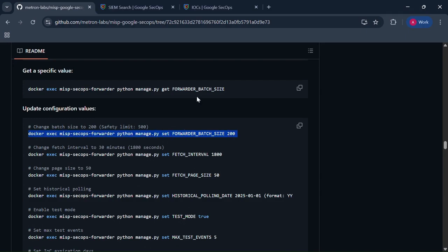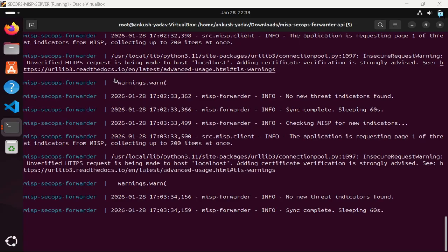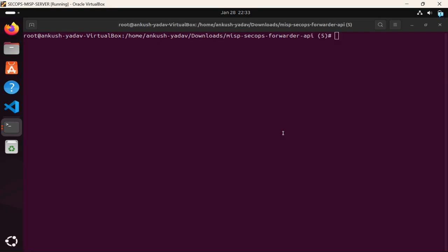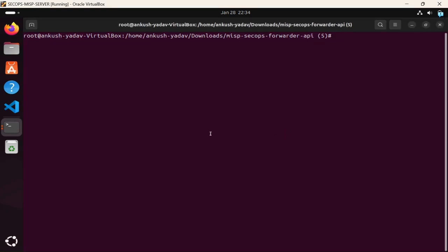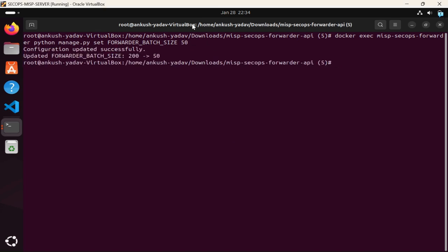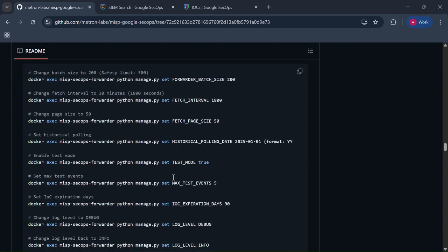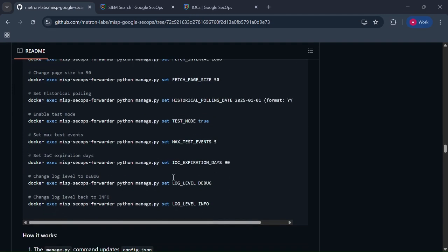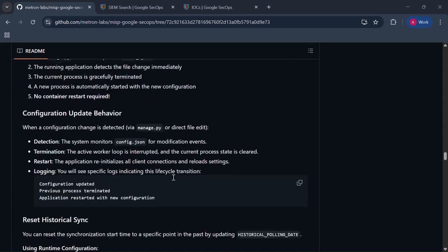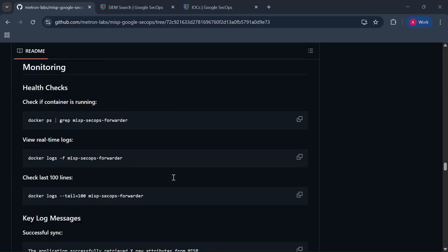Here, I'll just open a new terminal and paste the command here. Now let's change the batch size to 50. Here, the configuration is successfully updated. You can explore all the remaining commands here. It will work the same to update the configuration and the same for the other commands below like health check, monitoring, view logs